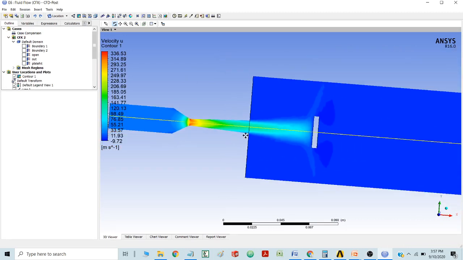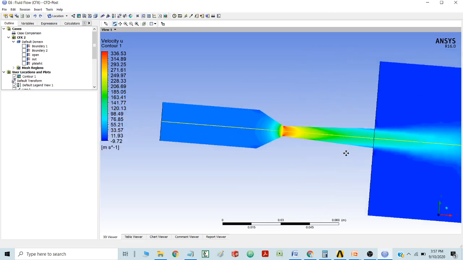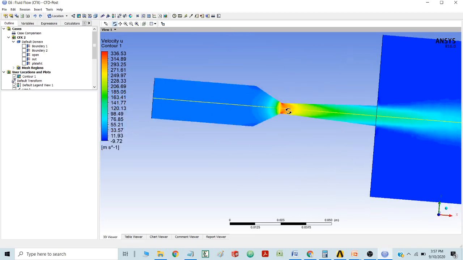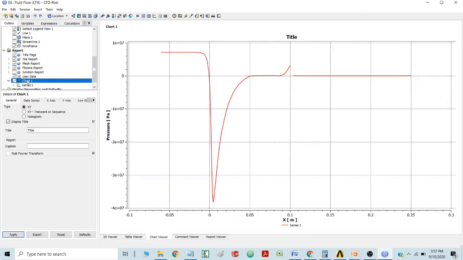So this is how it is going to look. And you could see that when I have drawn a chart in which pressure has been taken, initially it has a certain pressure, then it drops to -4 e to the power of -7, then it is again reaching up to a certain level.